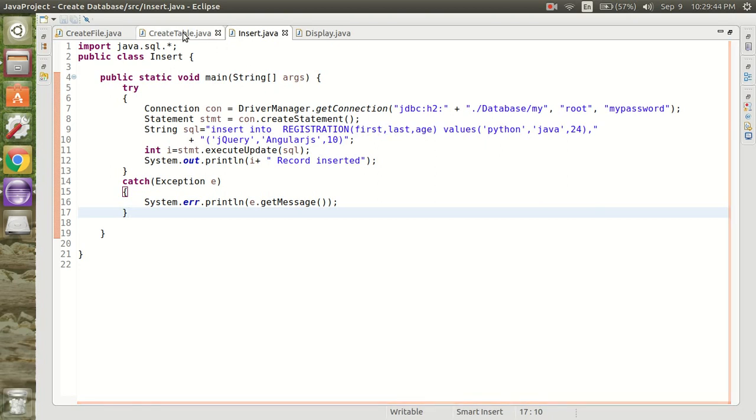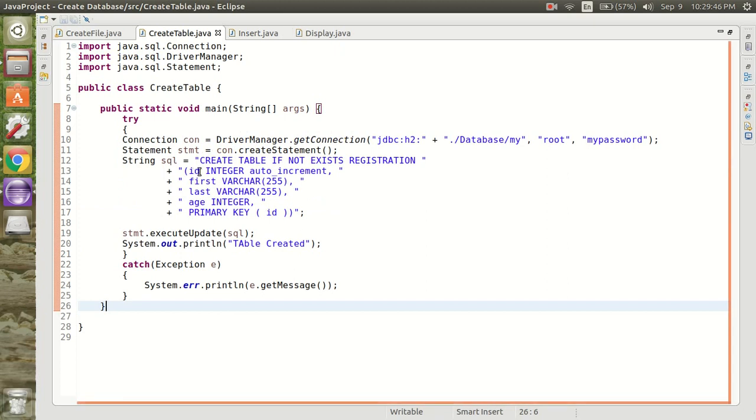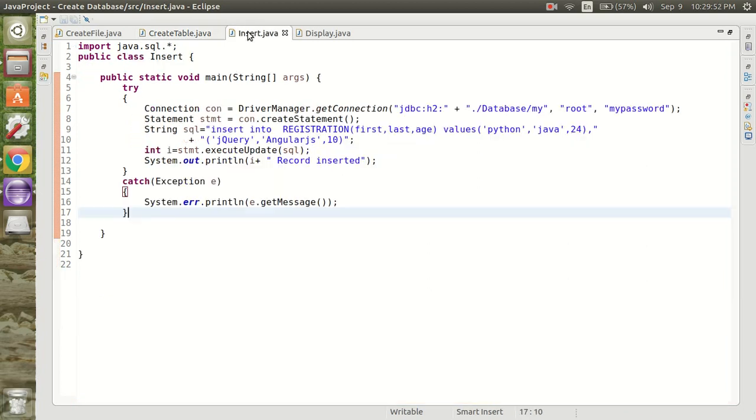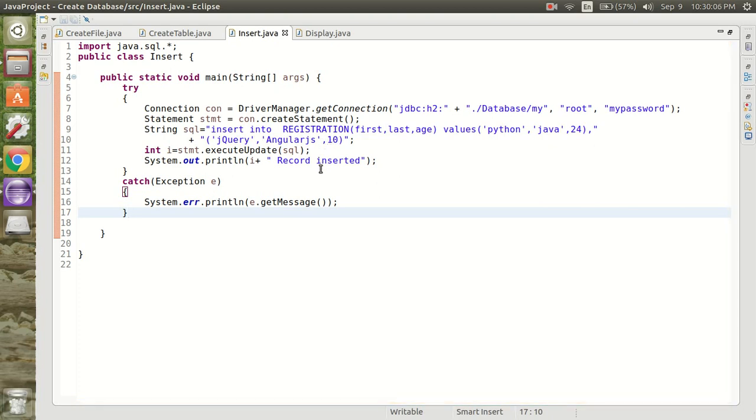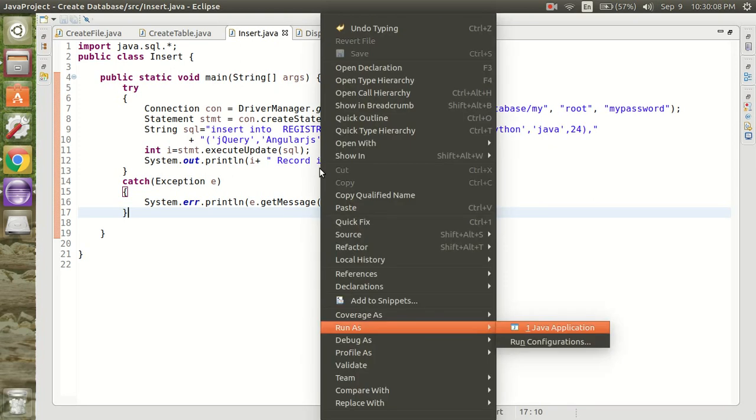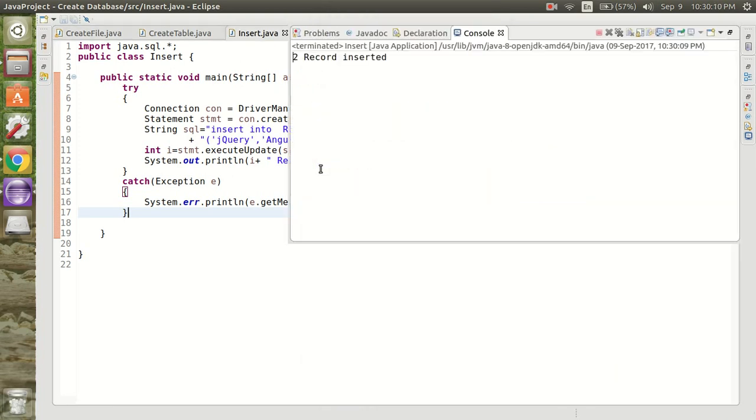That we have created the table here: ID, age, auto increment, first name, last name and age. So we are going to insert Python, Java and 24 as one record, jQuery, AngularJS and 10 as second record. So let's try to run this. It's showing 2 records inserted.